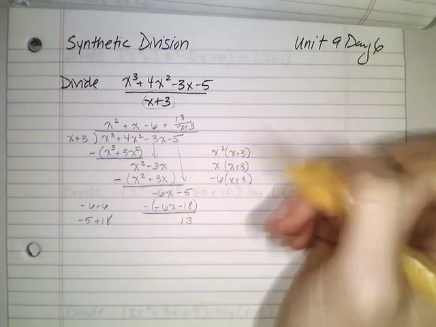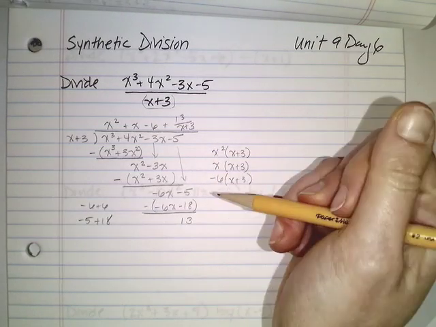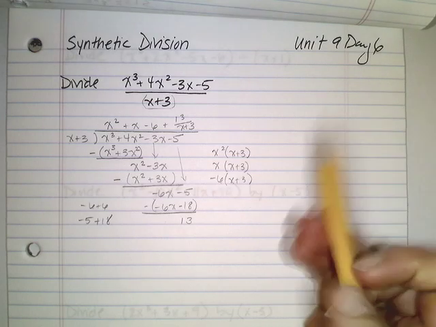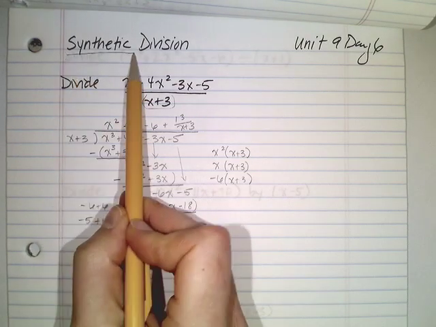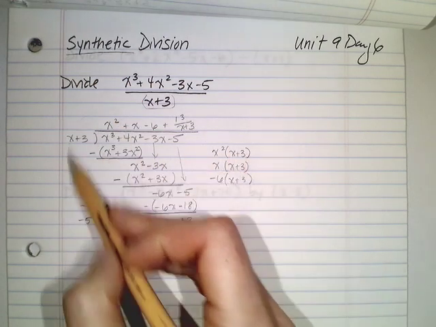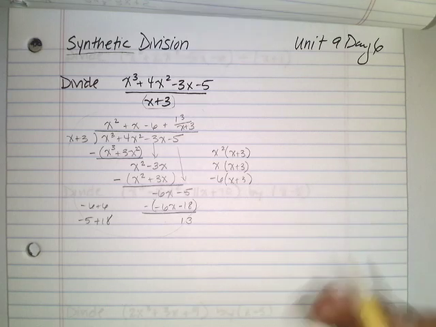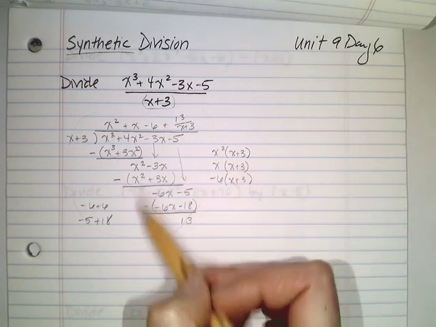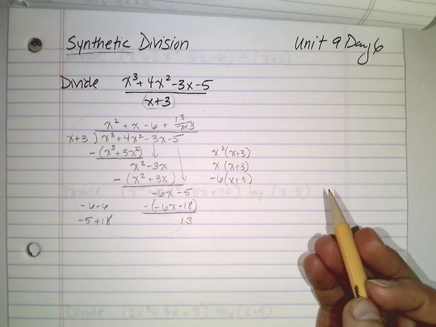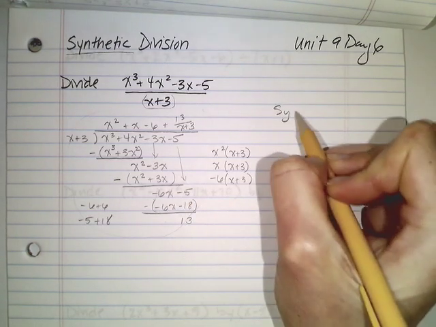Now, we can actually do this problem in a shortened method. That shortened method is called synthetic division. The way in which we set it up is kind of like taking only the coefficients and putting them into a little system, which eliminates all the excess baggage that's associated with long division of polynomials. So when we do synthetic division,